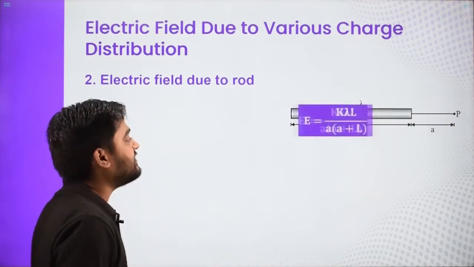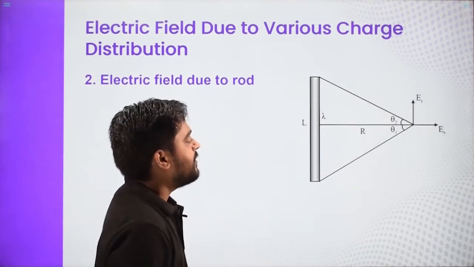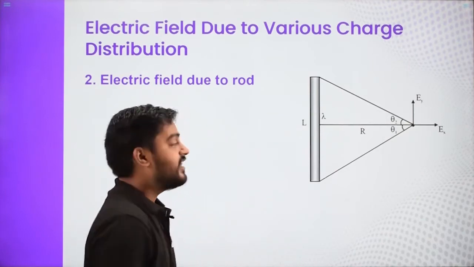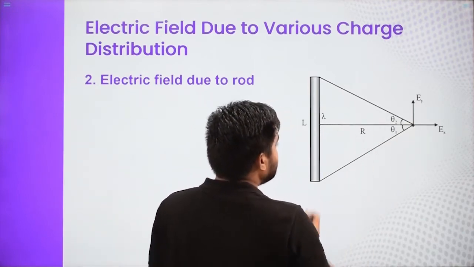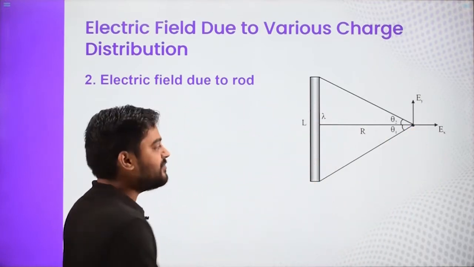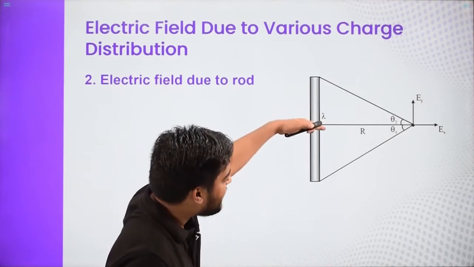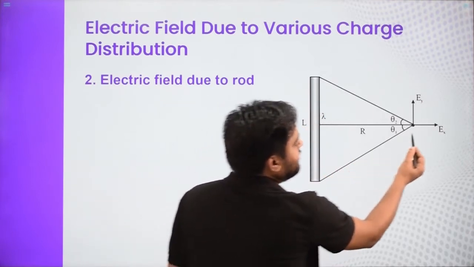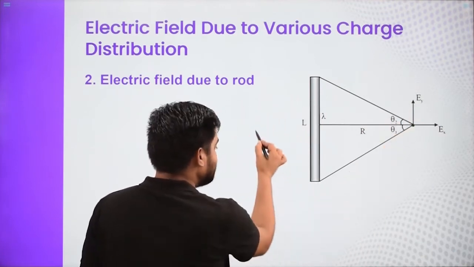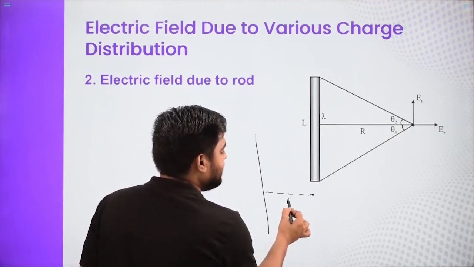Let us discuss the next case where again we have a rod and we have to find the electric field at a point, but previously it was on the axis. Now this point can be anywhere in a perpendicular line, not the equatorial position exactly, but anywhere in this region. If it is exactly in the middle, then there will be just an x component. But what if these angles are not equal? This is the rod and the point can be anywhere. So the perpendicular distance is basically capital R as shown.